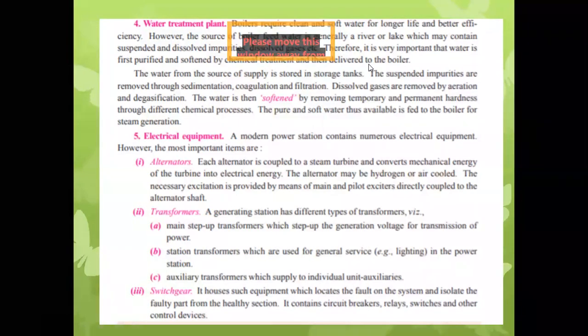So tell me how the transformer acts as an isolation or isolated transformer. Tell me about the isolation transformer. All of us know what is meant by step up and step down. Doing so, a transformer performs another function also, that is the isolation purpose. So tell me what isolation means and how it is achieved using the transformer. Recall your memory.